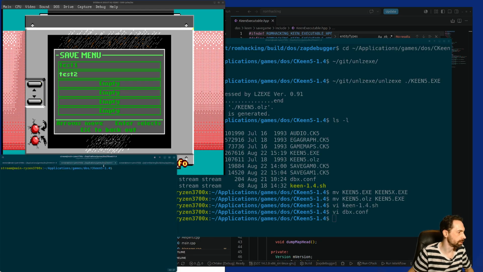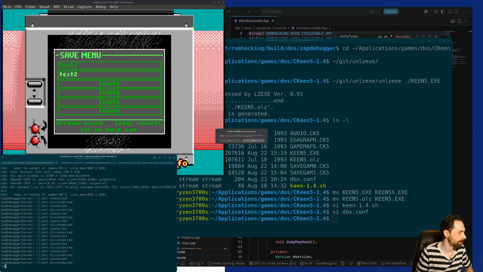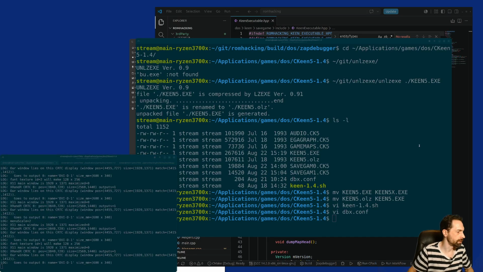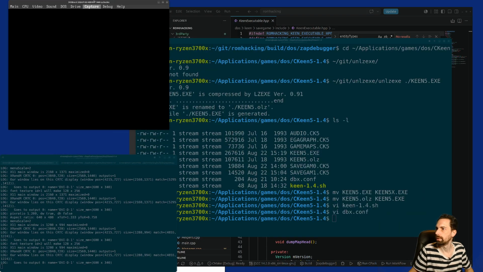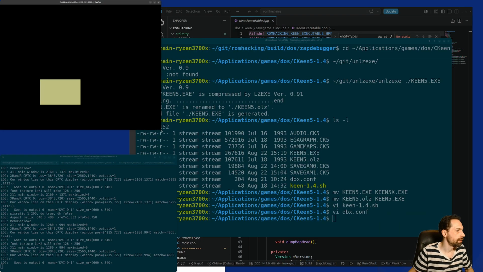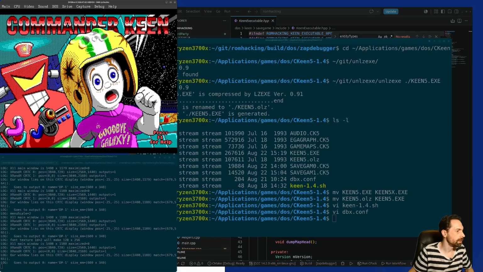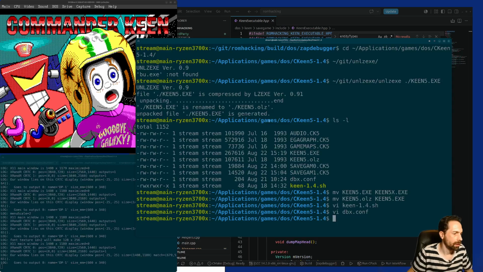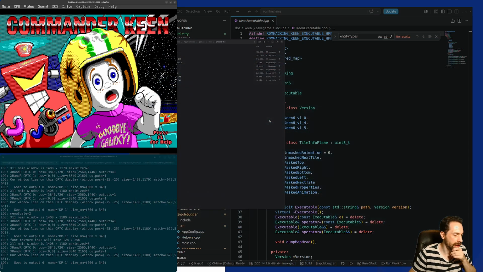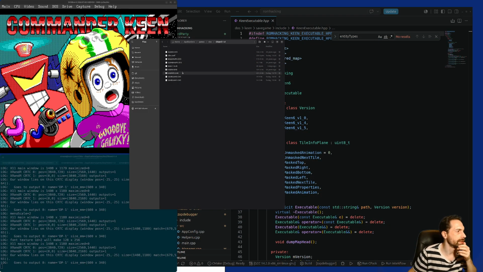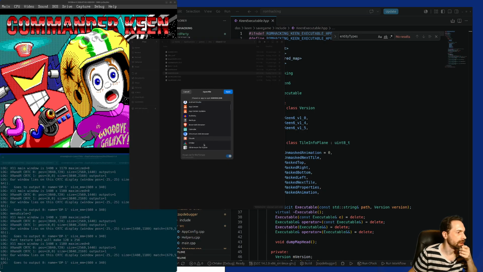We'll stop here and restart. Yeah, that still works. And now we're running T5X. Okay. Which means we can now open Keen 5 in Ghidra and in our hex editor. So now we have the extracted one. Let's open that one in